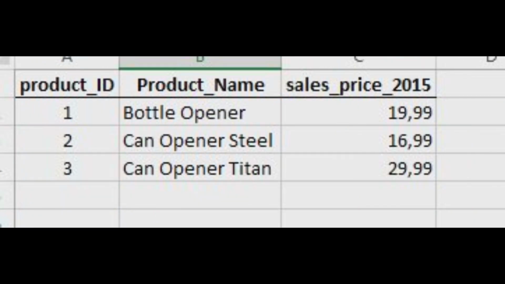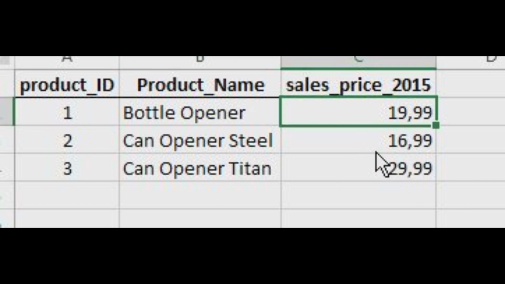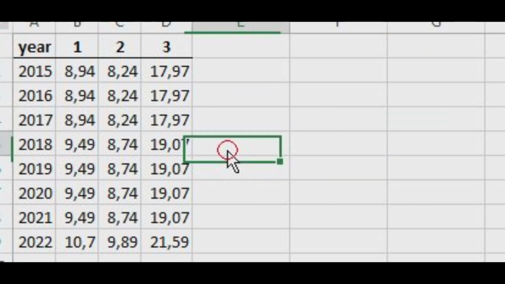In the products, we have the product IDs, the sales price of 2015, product names, and we have average purchase prices that some smart kid put together in the company. Of course, they don't have a proper ERP system. They do not have a giant software. They don't run SAP or Oracle or anything super sophisticated,